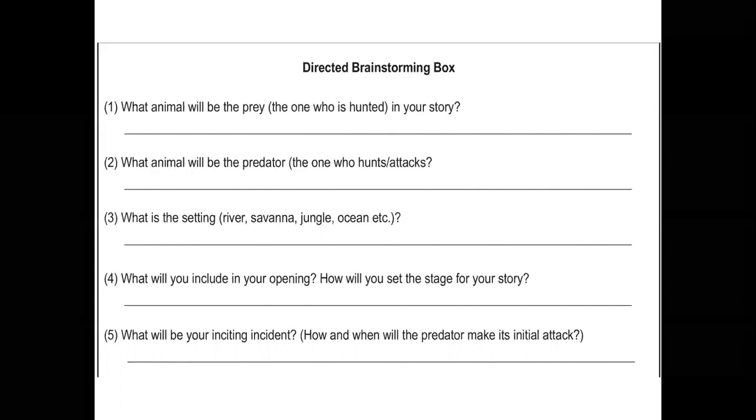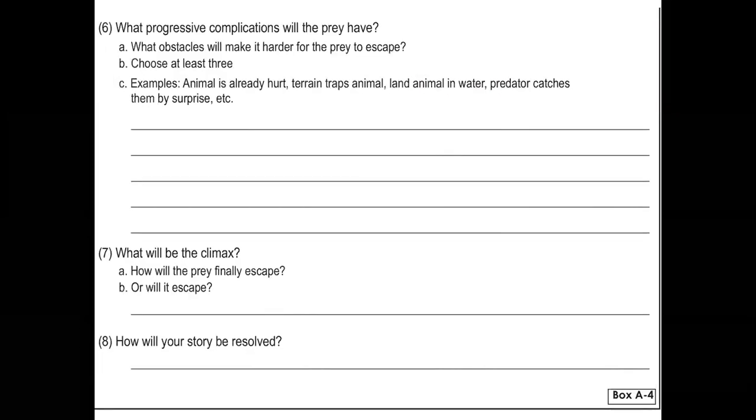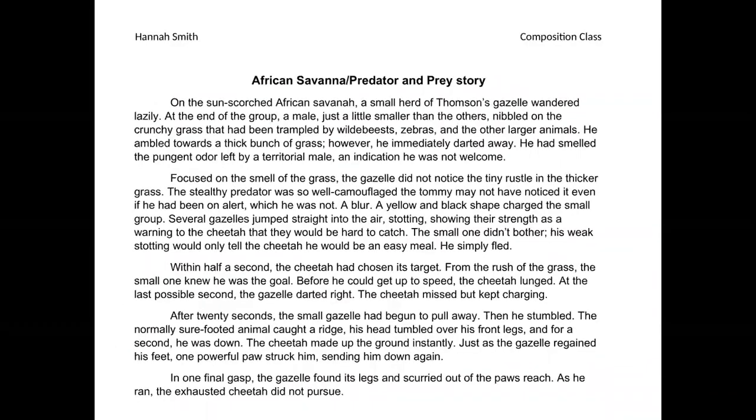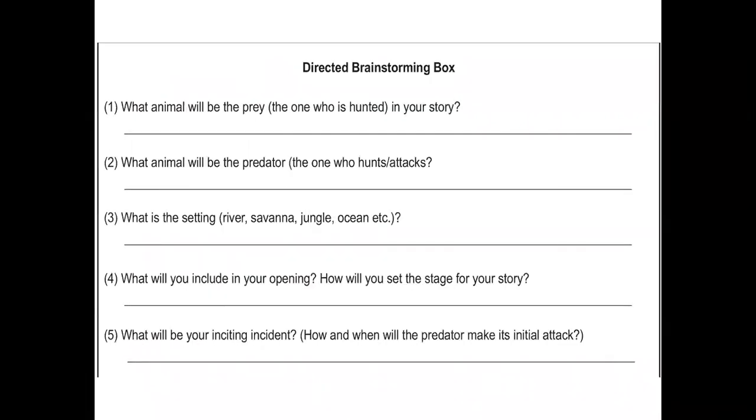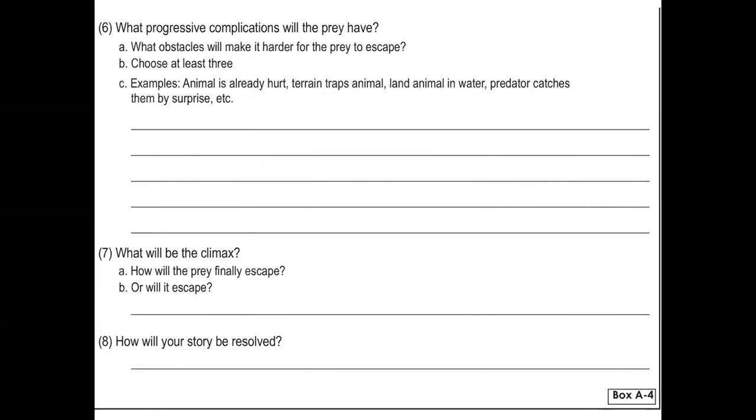And you can see here, if you're in the teacher's notebook, you want to go to the Directed Brainstorming Box, which is right after the sample. You can see in the Directed Brainstorming Box how they have to lay out their elements ahead of time. They have to lay out the setting the stage, the opening, the obstacles, the progressive complications, the climax, the resolution. They have to lay all of those out ahead of time before they write. And the lesson that came before this was literally going through the sample and finding the setting, finding the obstacles, finding the climax, finding the inciting incident, finding the progressive complications,